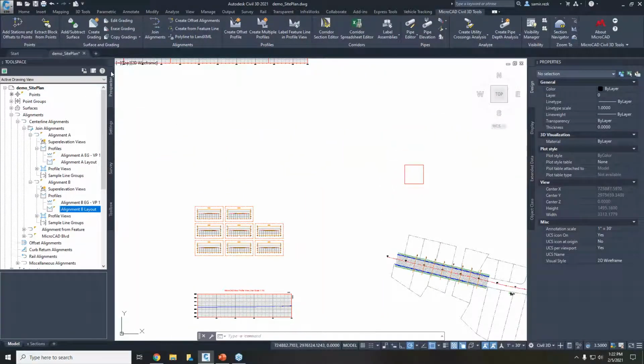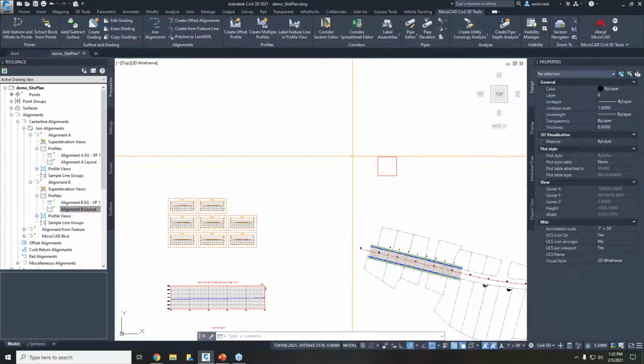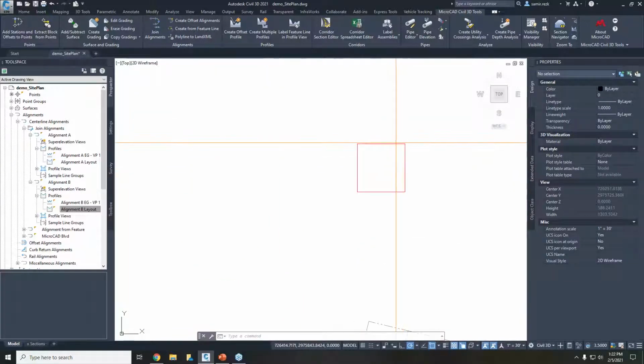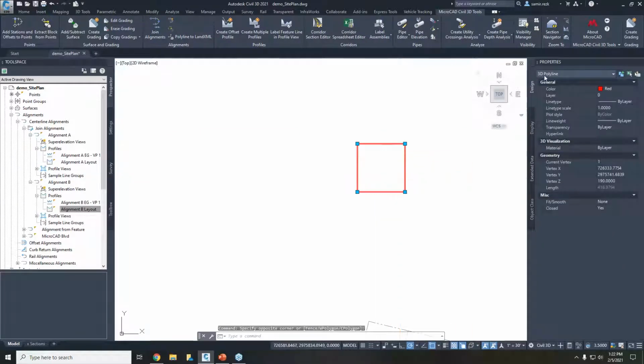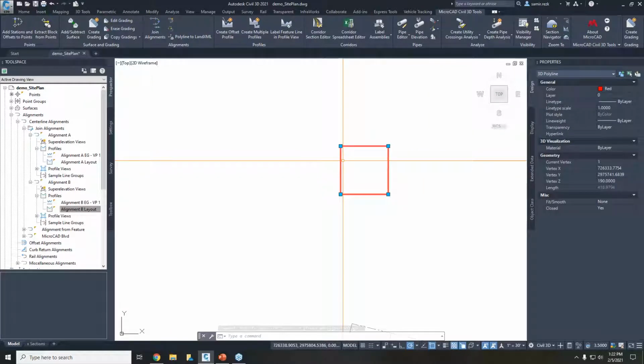and we have a similar solution here where we can create grading objects using native AutoCAD elements, so 3D polylines instead of feature lines. What that does is it lessens the load on the software a little bit, so it's not as intensive, and the performance doesn't suffer as much. So we simply have a 3D polyline. It's an AutoCAD element, not a Civil 3D element, and we can use this element in its own format to